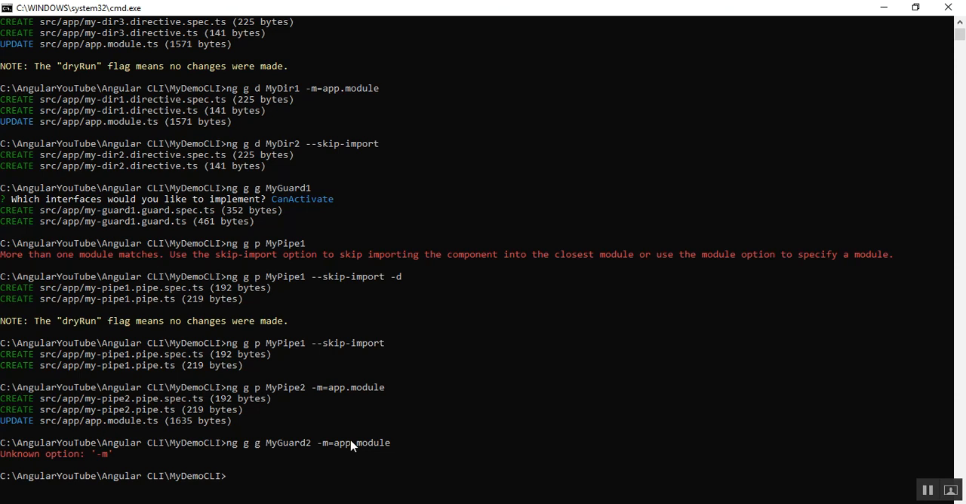Yeah, you can see, guys, here. So that means -m equal to app.module for guard2. For guard2 you cannot import this guard inside the app.module.ts file. That's why it is showing one exception, that is, unknown option, the -m option here. Okay, so there are a few last commands or options. We can always use options along with the ng generate command to customize the generation of directives, pipes, and routing guards using the Angular CLI,